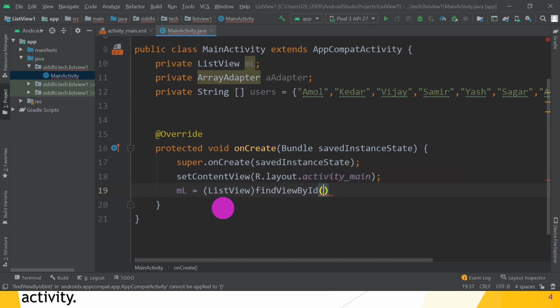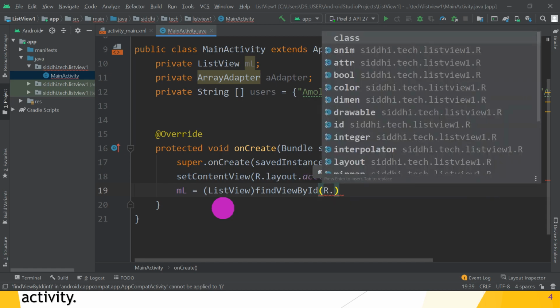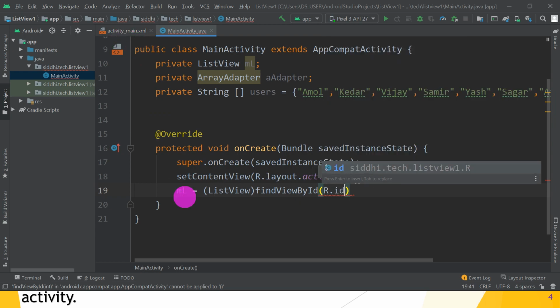So pass the reference of this view. This ListView is from where? From activity_main.xml. So R.id. Great.